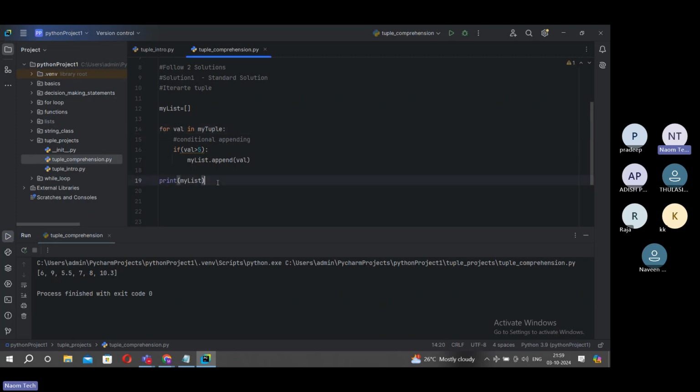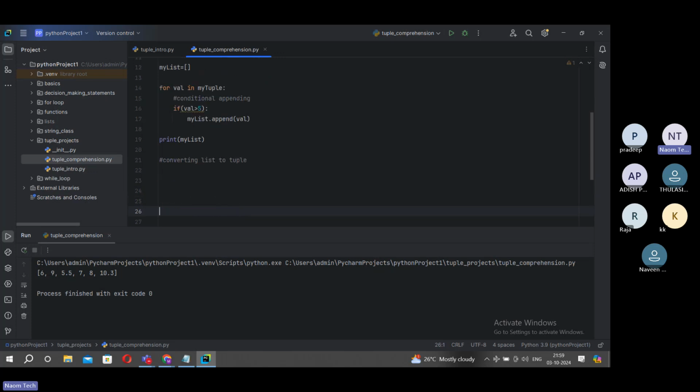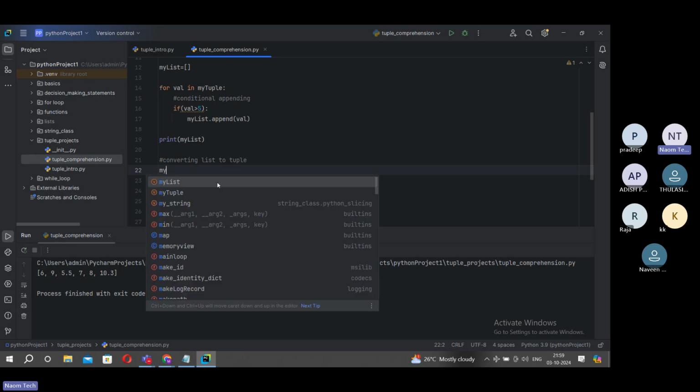Now this list should be converted to a tuple. For that, what should we do? Simple mantra: just add a comment, converting list to tuple. Finally, this is what the problem is: we should get a tuple with all numbers greater than 5. So I have to convert the list to a tuple now. How do I do that? It is a very simple process. Simply my tuple